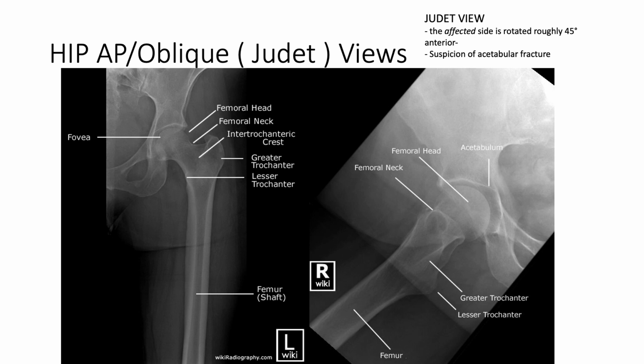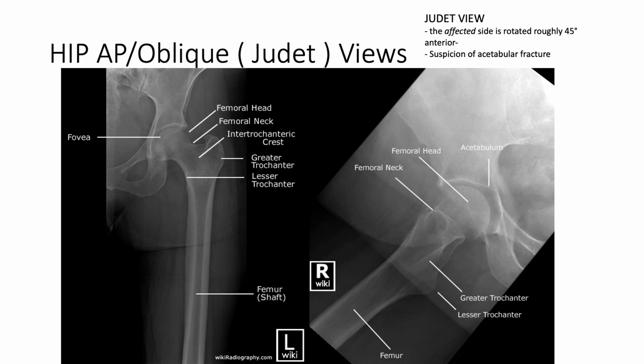We request an oblique view of the hip, or we call it a Judet view. In the Judet view, the affected side is rotated roughly 45 degrees anterior, and this is where we see